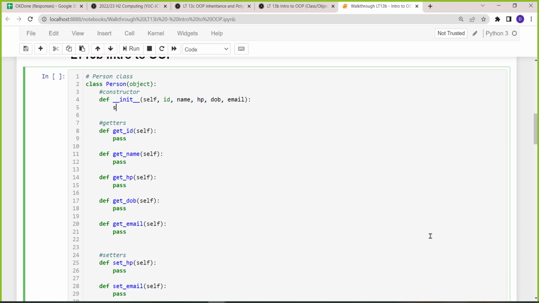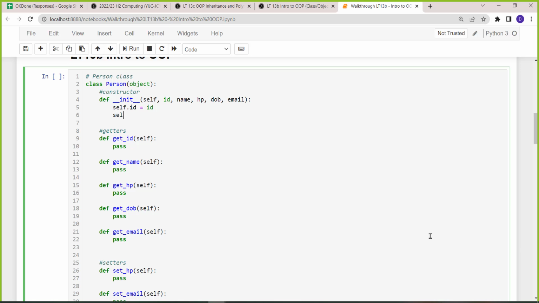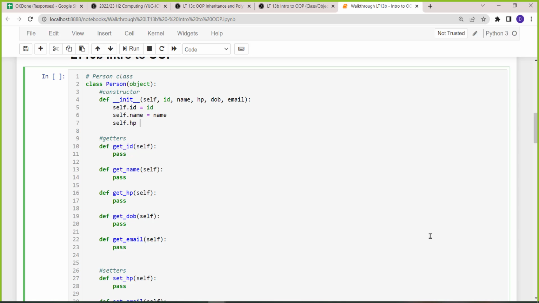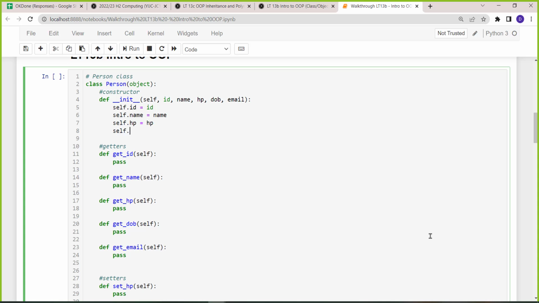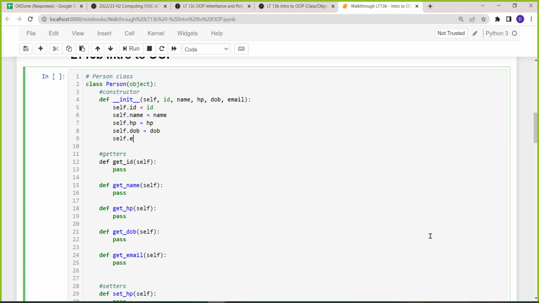So for each of these: self.ID equal to ID, self.name equal to name, self.DOB, date of birth, equal to date of birth, self.email equal to email. So 1, 2, 3, 4, 5. Every single one of these inputs provided by the user is mapped to the respective self variable. So if I want to get the ID, I just need to return the self.ID. If I want to get the name, I just